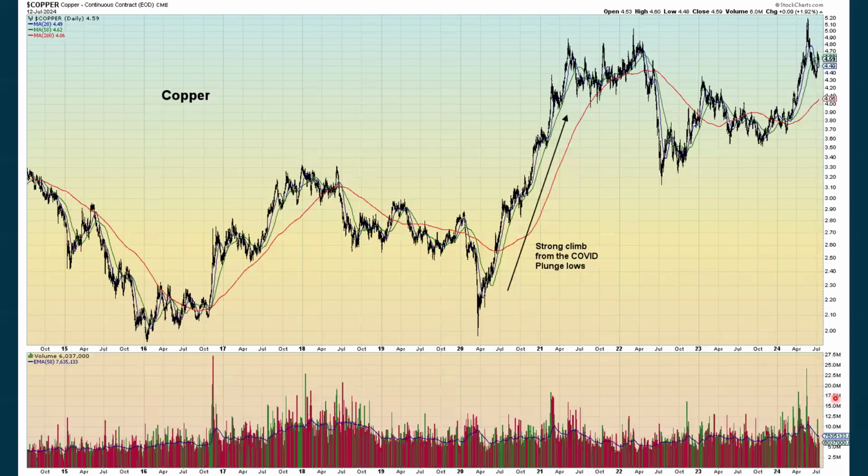Copper, and we use this as a barometer of the economy. Copper is called Dr. Copper, and if the economy looks to be improving, copper will typically be going up. If copper is going down, that means the market is thinking anyway that there will be economic weakness. Here we're still in an uptrend. And copper was just shooting up and went back and actually did a bit of a breakout here, but since then has fallen back. It's still in an uptrend, but it's not showing the strength that it had been showing.